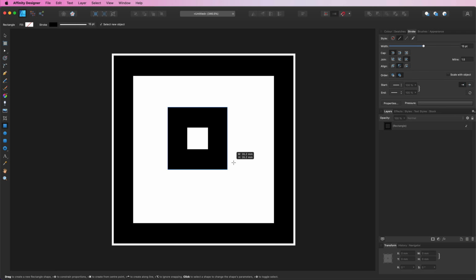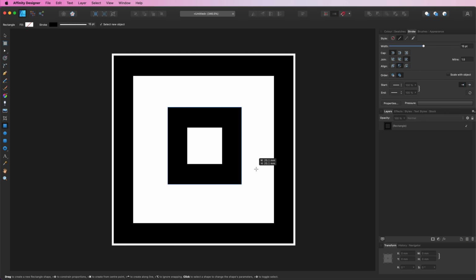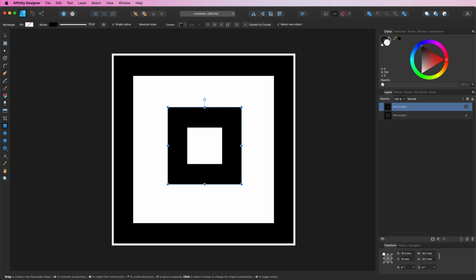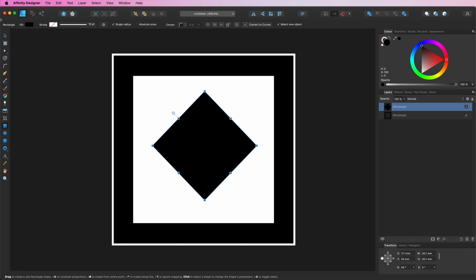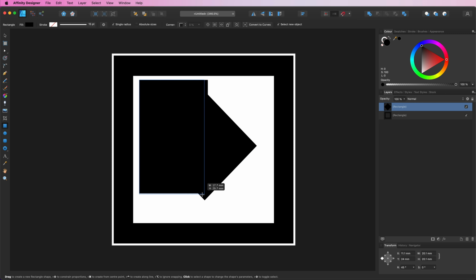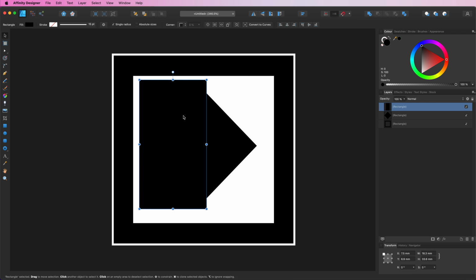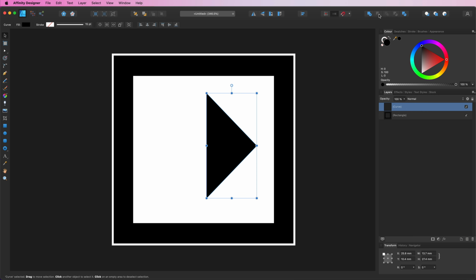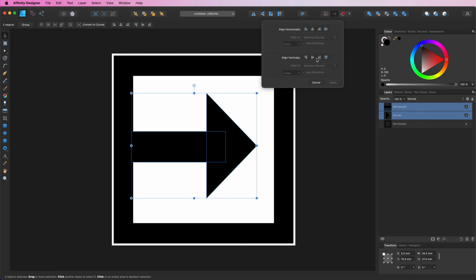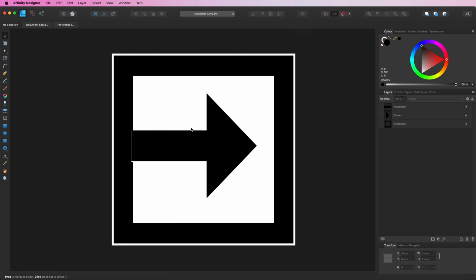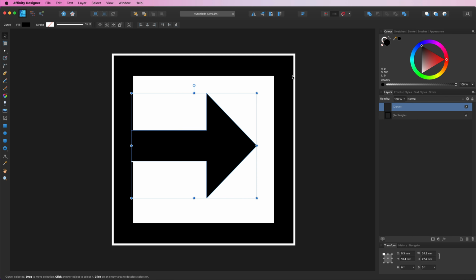To do an arrow, hold shift and drag a square, flip it round to be a fill, and then you can rotate it 45 degrees, get another rectangle, roughly over halfway, select both and subtract, and there's your arrow head. And then let's just put a body on it, roughly like this. Select both of those two, align vertically center, combine the two together,